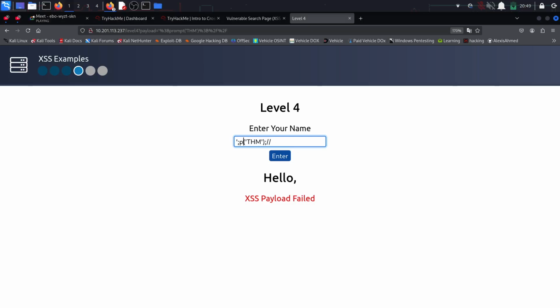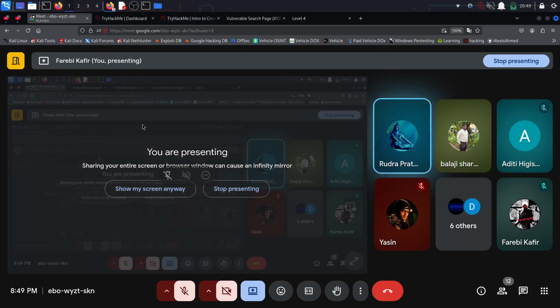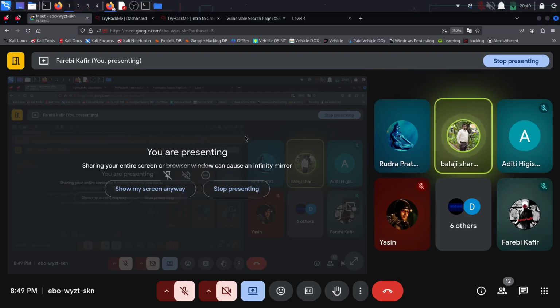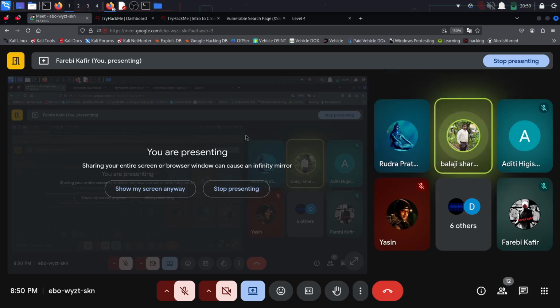Have you tried inserting these payloads in any real-time websites? Yes. Have you tried these methods anywhere? Yes, yes. In terms of companies, usually what companies do is